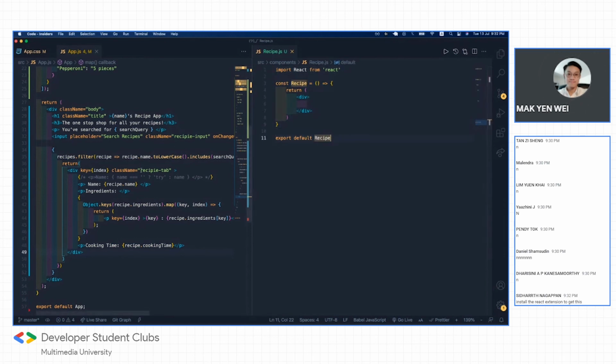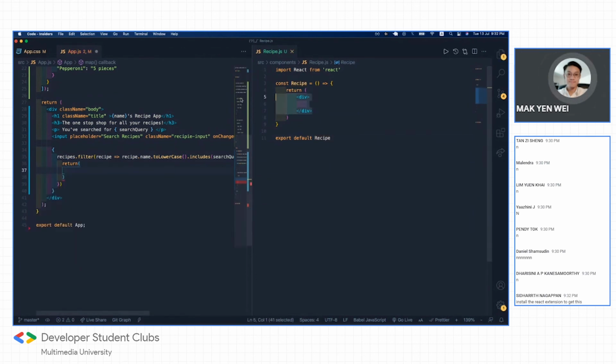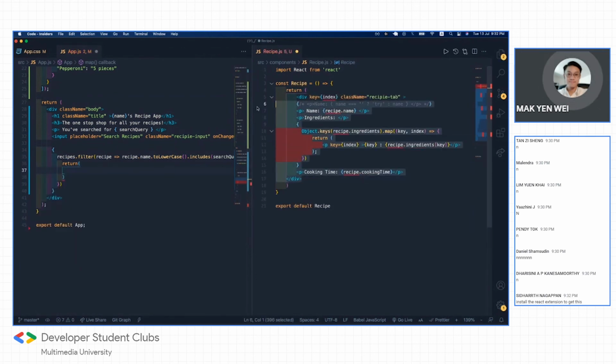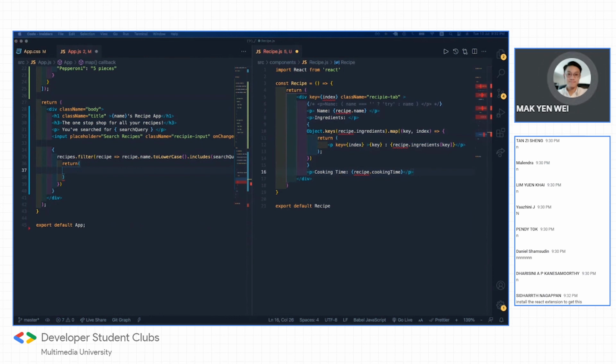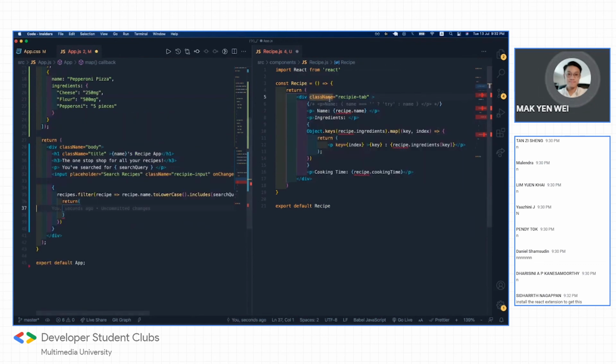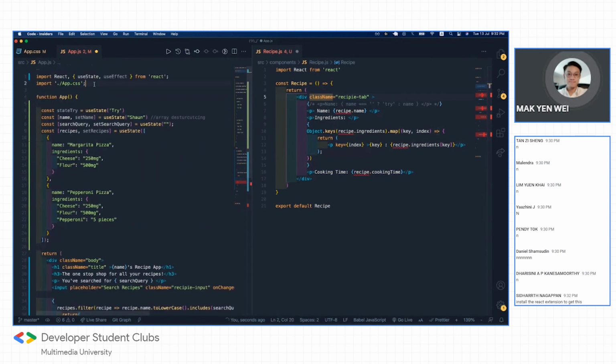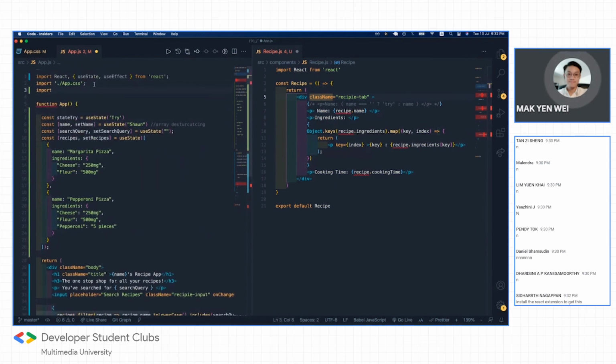So right now, what we are looking for is actually modularizing this code. So we're going to port this code into here so that we can use this over and over and over again. So right now I don't have the key. And to use the component, we have to import it. So import